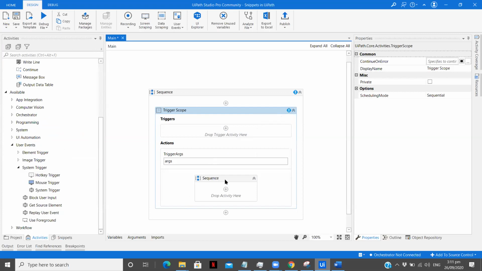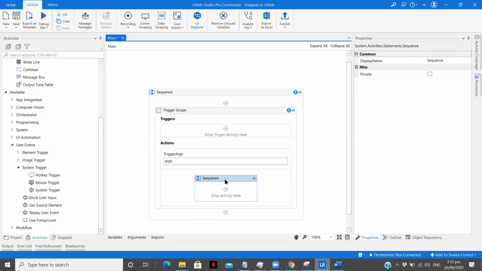Now after that, when that particular trigger is encountered by our UiPath workflow, what sequence of steps do we want to perform? That we are going to define in actions. So you see this scope is divided into two parts. The upper one is trigger and the lower one is actions. The trigger one is used to help us identify the trigger, and the action one is used to help us identify what actions we need to perform on that particular trigger.